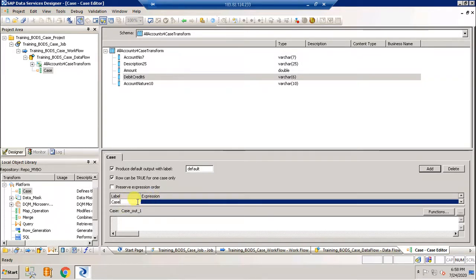credit. So again, I'm gonna drag this to this box, space equal to space single quotes credit close quotes. So we've added these two, and if it is not a debit and not a credit, then we want the records to go to others. So I've given 3 different conditions here. Okay, so click on this arrow